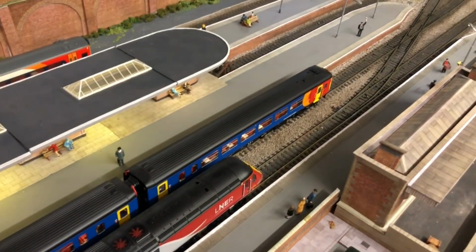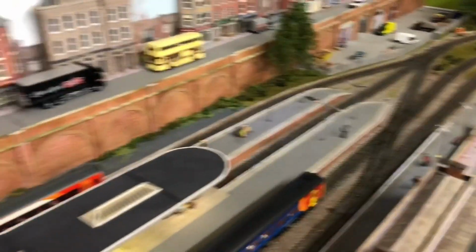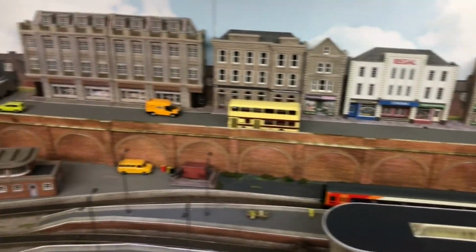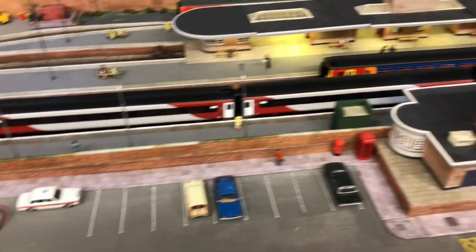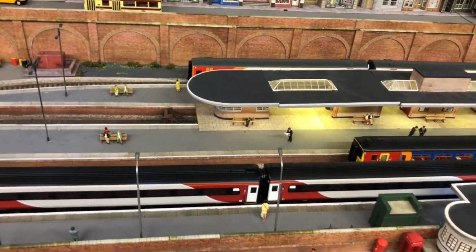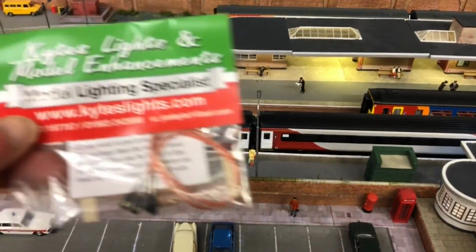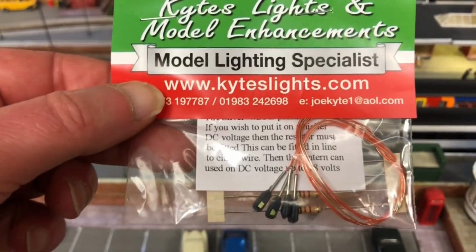so I'll be fitting some more down here, and there'll be some double ones to replace those there, and then I'll probably carry on fitting some lampposts to the car park area and around the station as well. I've also got some wall lights, LEDs again, to fit onto the station,